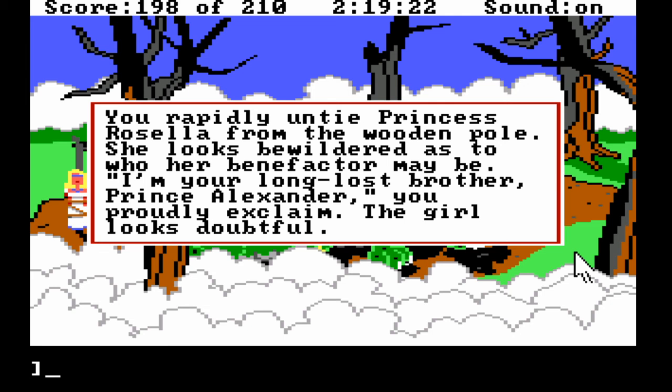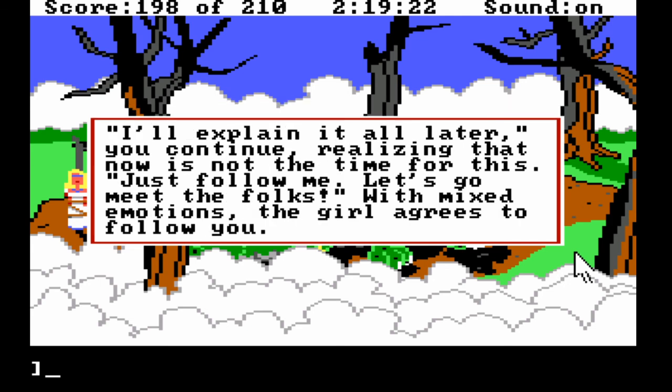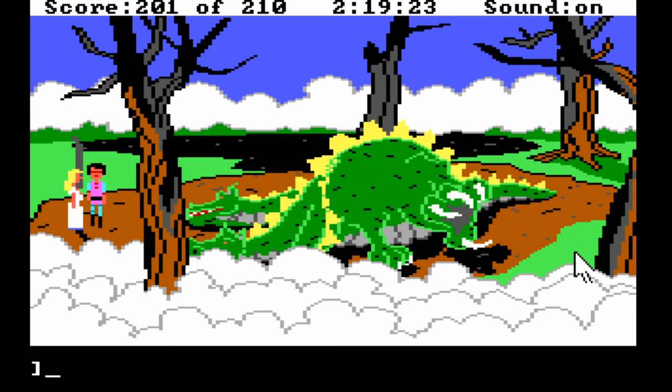Tie Rosella more. Do we get the rope from untying her? Rope's always useful in a game like this. I'll explain it all later, you continue, realizing that now is not the time for this. Just follow me. Let's go meet the folks. With mixed emotions, the girl agrees to follow you. Oh, we've got her. Have we got...